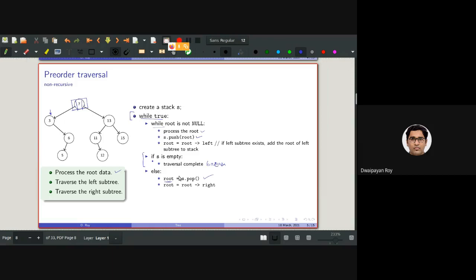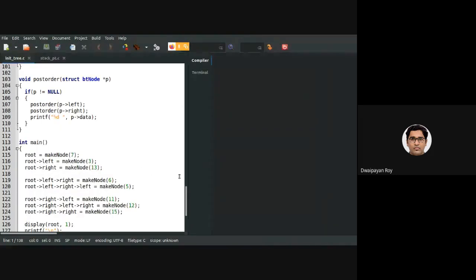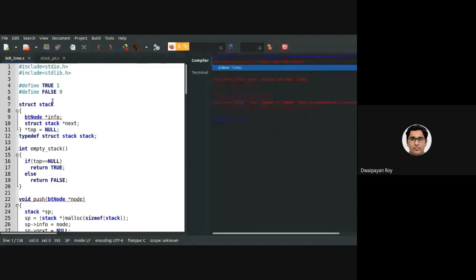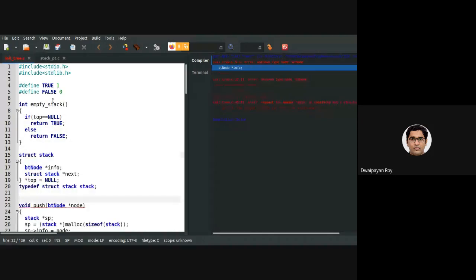Now let's try to write this code. All right, this was the code that we were writing to make the tree. So if I just execute it, oops, I had some. Basically, we had this stack that we had already created in the last class.